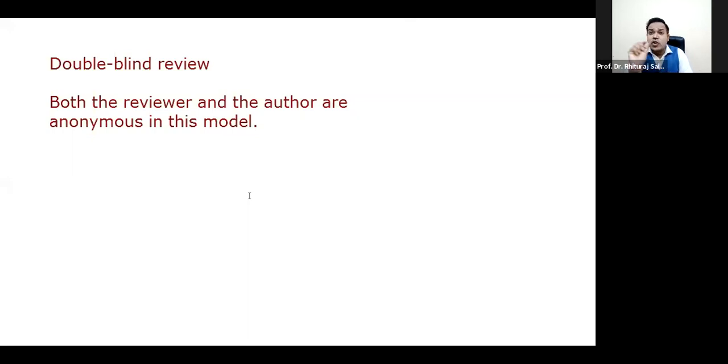And generally in this process, most journals keep two reviewers. Your paper will reach two reviewers, and you don't know who the reviewers are. The third reviewer is sometimes an editorial board member, or they can keep a third reviewer also. So there may be 2 to 3 reviewers in this process, but neither the author